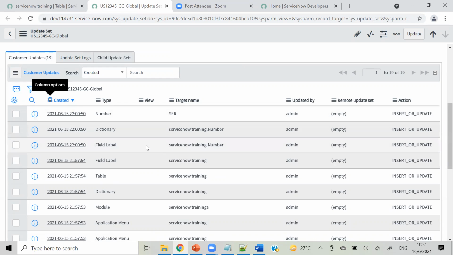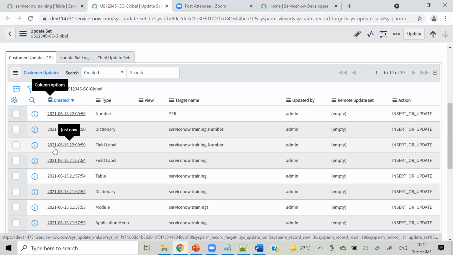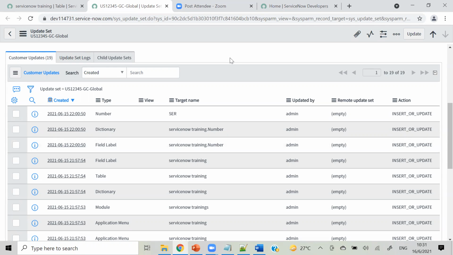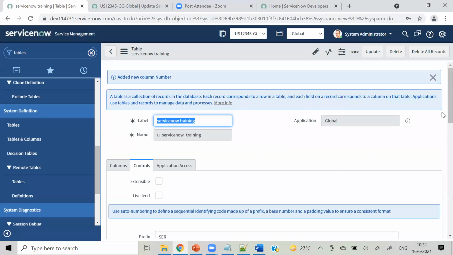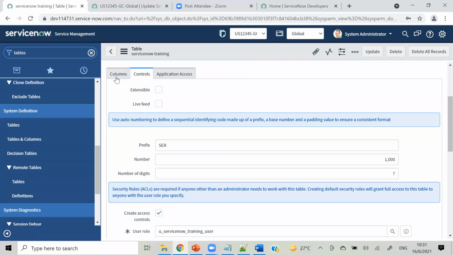Here are the new 3 changes that got created on 15/6/21 at 22, that is 10 p.m. That is dictionary again, field label again, because the number field will get created. Here is your number field, and the target name is SER because it will have the prefix SER. So clear, whatever changes we make will get captured.